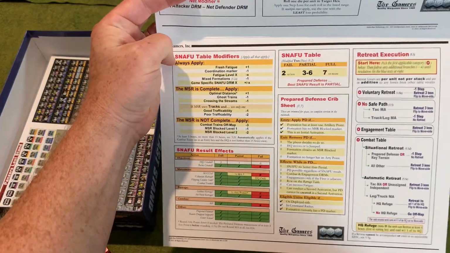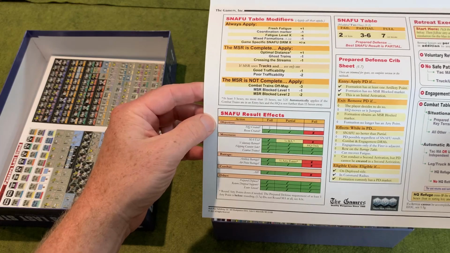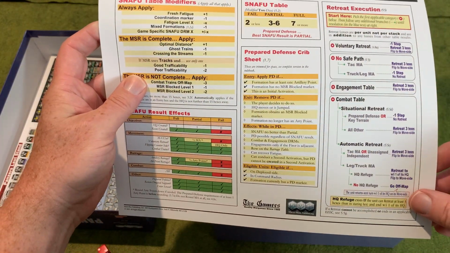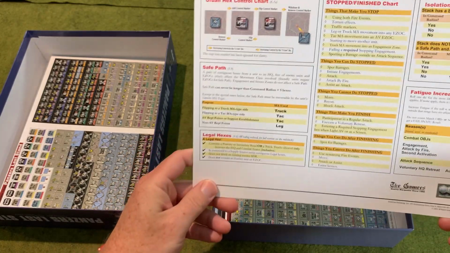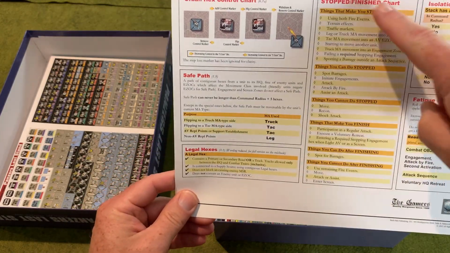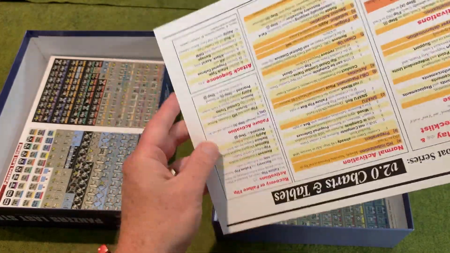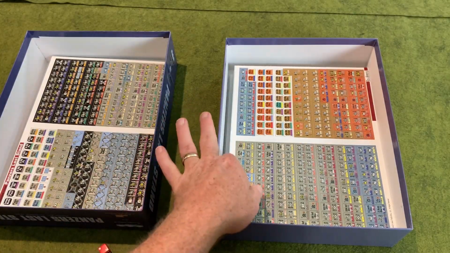We've got our infamous snafu table and modifiers here. A nice chart that spells out in full color the effects of a full, partial, or fail result on your snafu roll. They've got a little crib sheet here for prepared defense and a really nice little retreat execution box. On the back here, we've got an urban hex control chart, a little definition of safe path and legal hexes, and a nice chart to differentiate between a unit being stopped and a unit being finished. So it looks like these are a real nice set of charts. They are on cardstock, kind of glossy or semi-glossy, full color. Next, we have our second